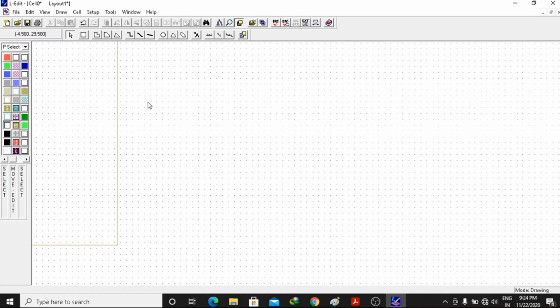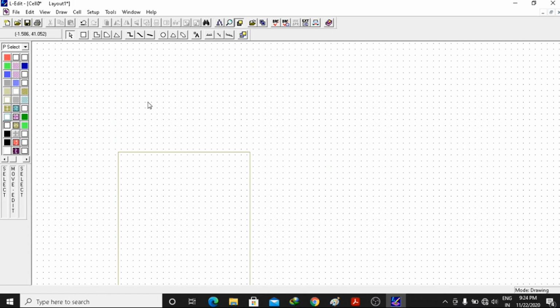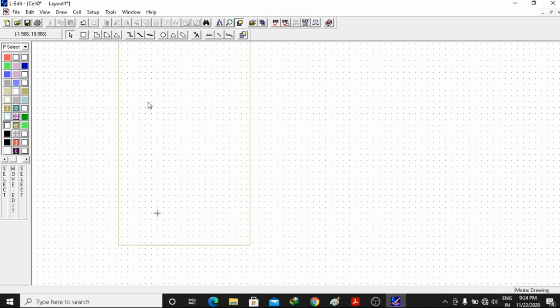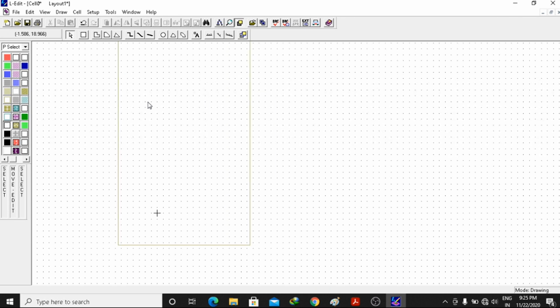Once you press plus, the layout will be zoomed, and in order to maneuver through this layout, you can use the navigation keys, right? Like I am using. See, by pressing the left key, I have gone to the left side, and up and down. So this is the way. And once you press the minus key, you zoom out. So plus to zoom in and minus to zoom out.